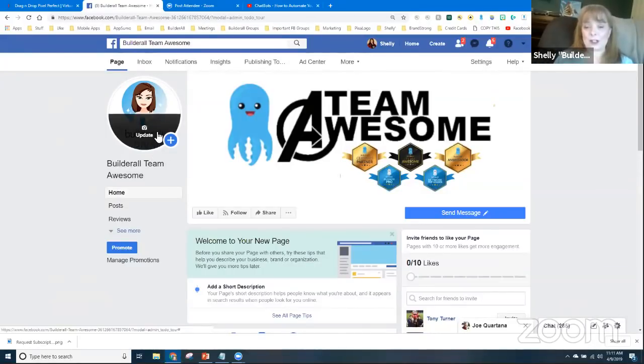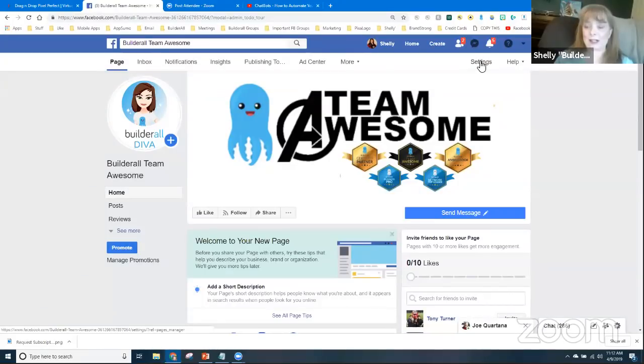And what I want to do is show you guys a couple of things. First of all, the most important place to go when we're working on settings for our Messenger chatbot is all the way over here to the right-hand side. And I'm going to go to Settings. The only way you see this is if you are the owner of the page or you've been added as an admin of the page. That's the only way you're going to see that setting right there.